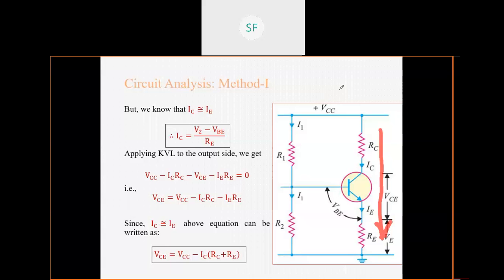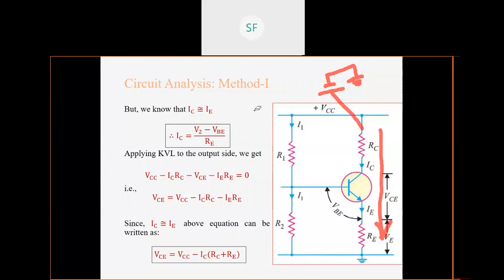ओके, तो मैंने पहले की लेक्चर में भी बताया था. So this VCC is nothing but like this, positive terminal and negative terminal is ground, और ये पॉजिटिव टर्मिनल आपके यहाँ पे रजिस्टर ऐसा रहता है. So from this ground to this ground, ground ground means one point. लूप मतलब क्या? जिसका स्टार्टिंग और एंड पॉइंट एक ही है, that is called a loop. So hence we are applying loop at the output.